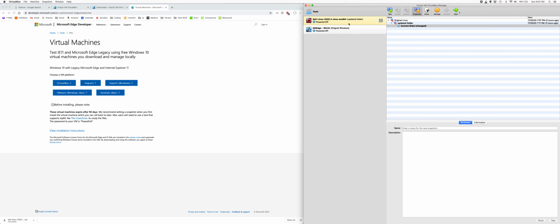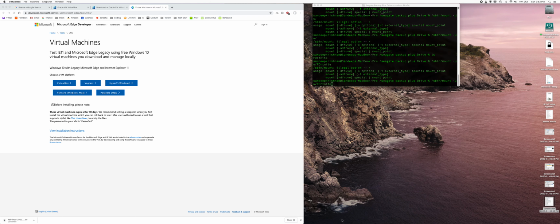So that is what we have learned today. How to install VirtualBox, how to install Kali Linux, how to install Windows in it, and run those files. That's it. Good stuff.